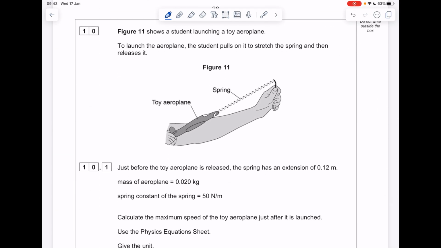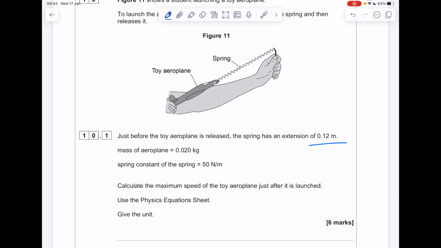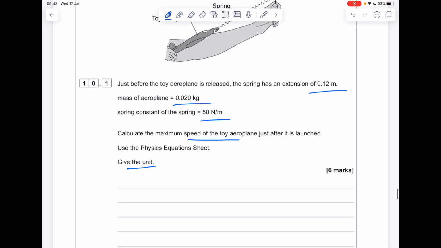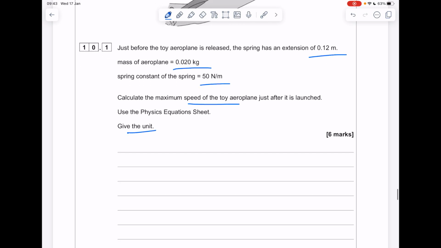Figure 11 shows a student launching a toy aeroplane. To launch the aeroplane, the student pulls on it to stretch the spring and releases it. Just before the toy aeroplane is released, the spring has an extension of 0.12 meters. Here's the mass, here's the spring constant. Calculate the maximum speed of the toy aeroplane just after it's launched. Give the unit. So you need to use this equation,